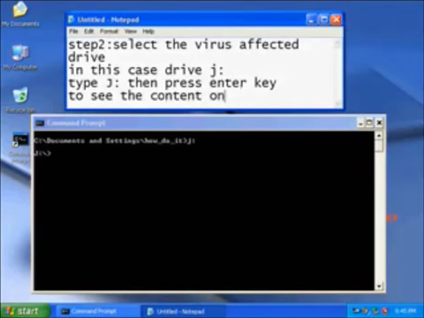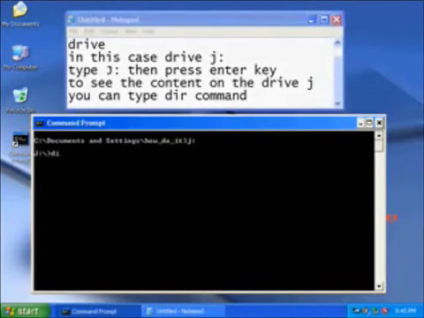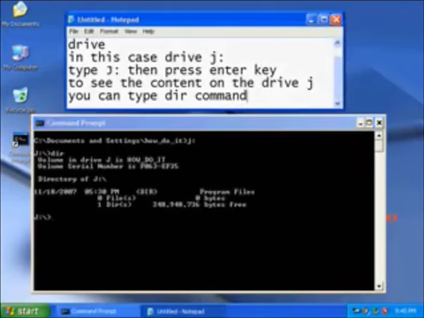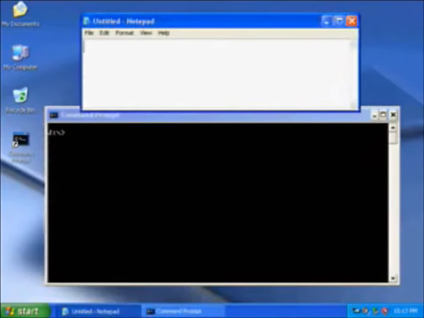To see the content of the drive, type dir. The next step is to type the following in the CMD.